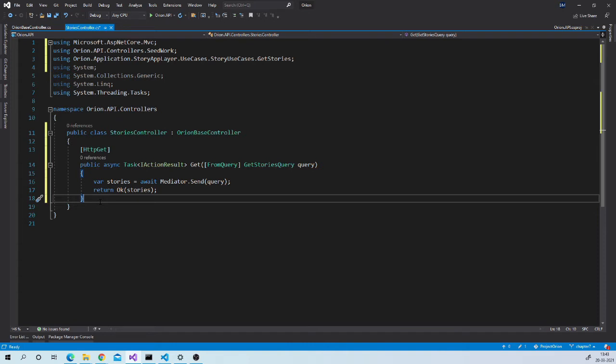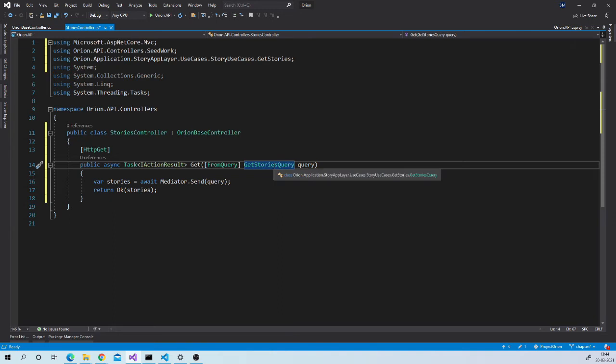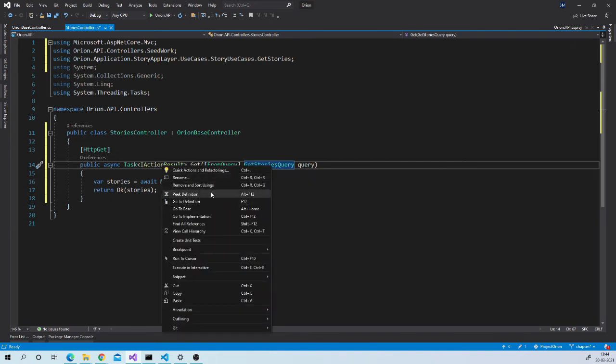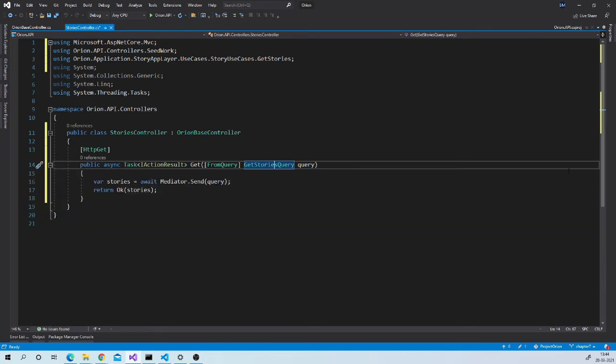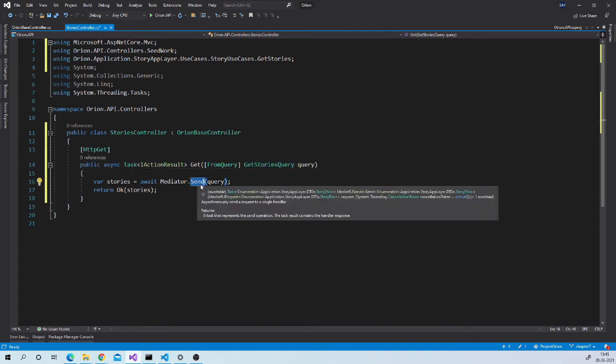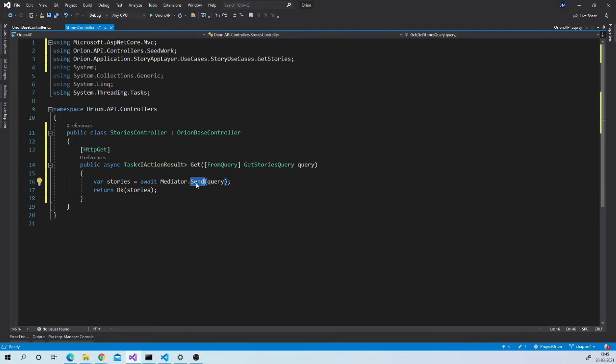Let us first implement get method. It will fetch list of all stories. Right now we are not passing anything to this query object, it is empty, but in future we will be passing paging and filtering information, and all that data will come here from query string. This same method will get binded with get storage query handler, which will return us list of storage DTO, and then using helper method of ASP.NET Core, we are returning it back to client. Over here, ASP.NET Core will take the control and it will convert this C sharp collection object into JSON array, and then it will send back to the client.